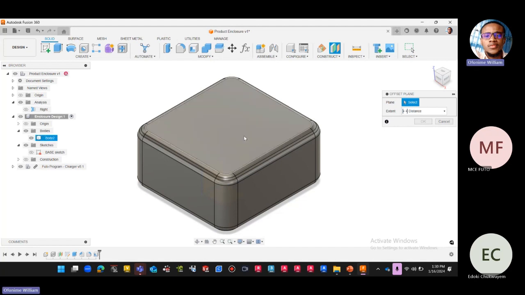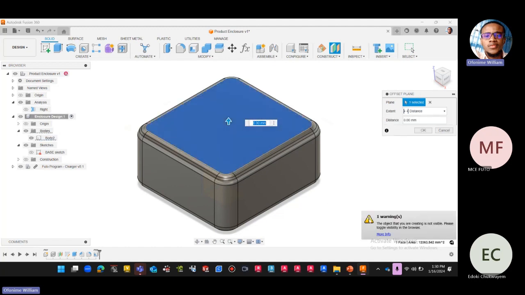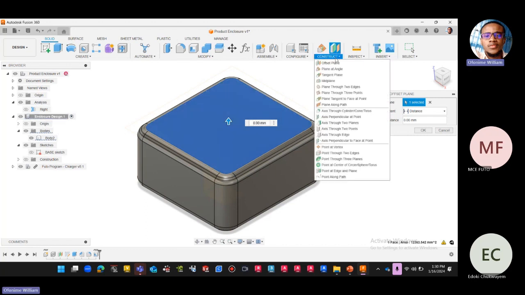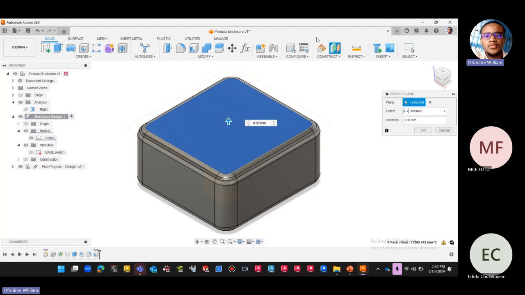All right. So you come over to this point. For this one, we don't have much to be afraid of, because it's just a plane and we can control it. Now we have this yellow sign. It's telling me that the plane I am about to create will not be seen. What's the reason? Let's run over to our browser. It is a construction tool. Can you see? I picked it from here, Construct. And Fusion records everything I'm picking here under a folder called Construction. So construction is turned off. You can see the eye is off. So it's telling me that I can't see it, and that is true. I can't see it because it's off. So if I turn this on, you can see it's now